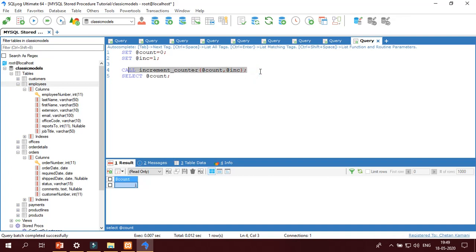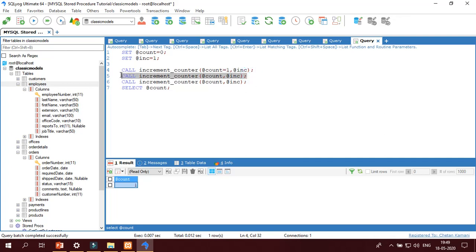Now I'm going to call this procedure again. What will be the answer? Think about it. Okay, first of all, when this stored procedure call executes, after the execution of this stored procedure, what will be the counter value? 1.